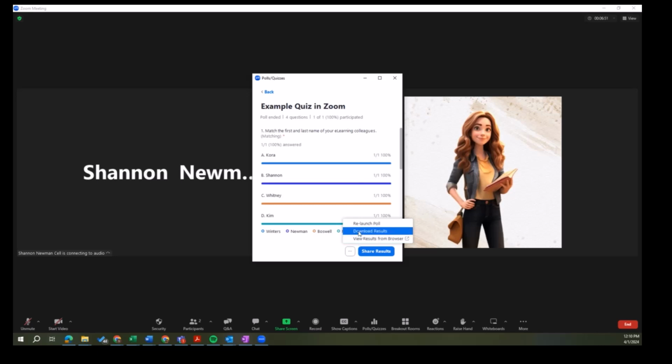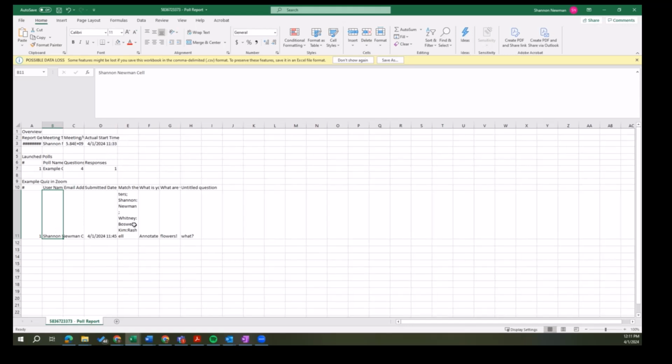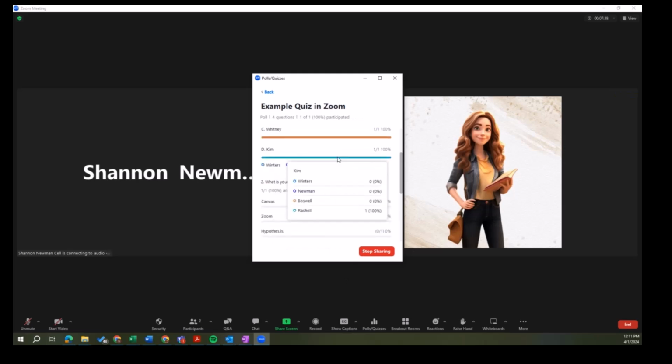When I go to download results, I get an Excel file of the polls. Here's an example from that. This is useful again if you want to use the polls to gauge individual student understanding, or perhaps use this for participation points. You can see the name, the time and date, and the answers that they put in. You would see this for all of your students who answered. If it's anonymous, you could see the individual results, but you just wouldn't have a name tied to them. And then you can always share the results with the class, in which case this screen ends up showing up on their individual